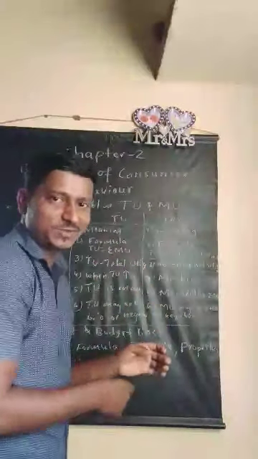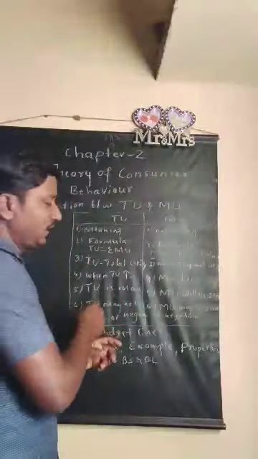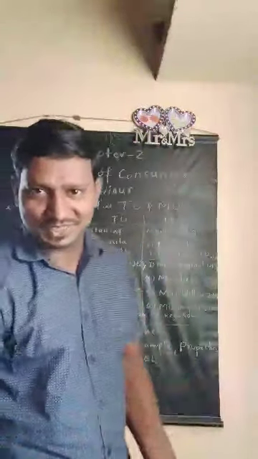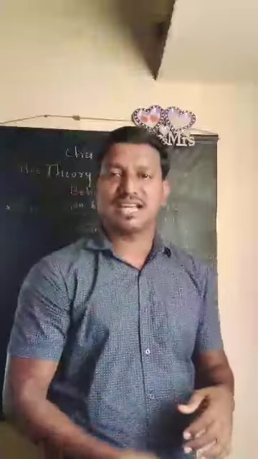By this formula also these two are different. And coming to the next one, on the basis of the expansion, TU means total utility and MU means marginal utility. So this is again one more differentiation.